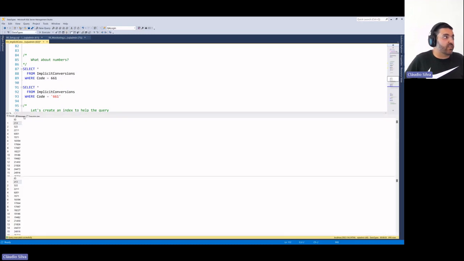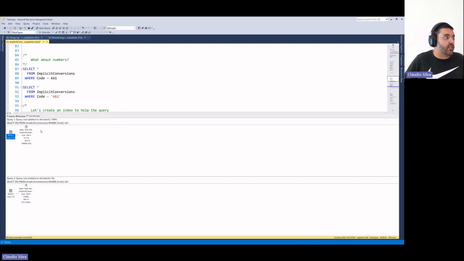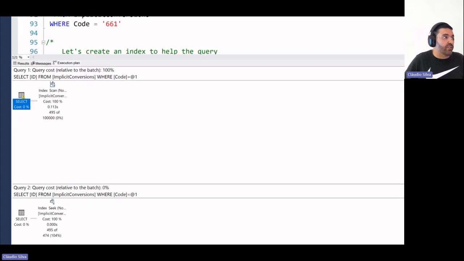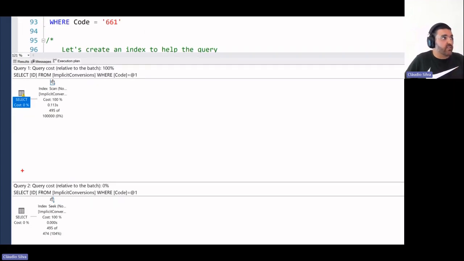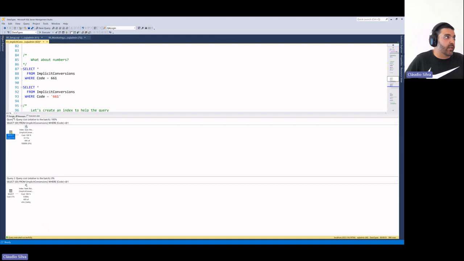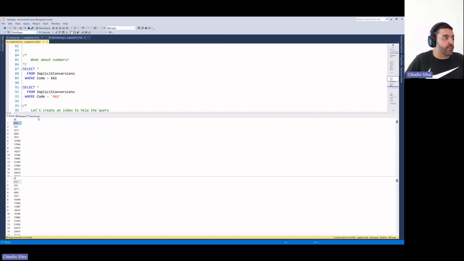And we can see if I'm selecting just the ID of the table, which is part of the cluster index, I can get results, and it takes the non-cluster index scan, and it took 100 milliseconds. But when using the proper data type, in this case being a string, we can see that it takes 0 milliseconds to run.